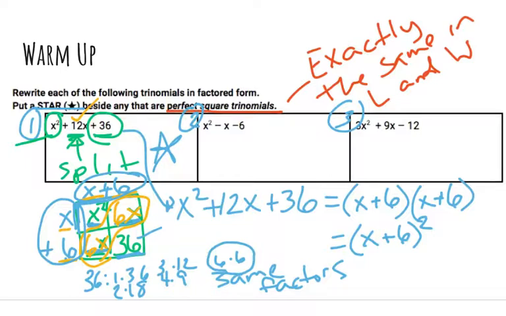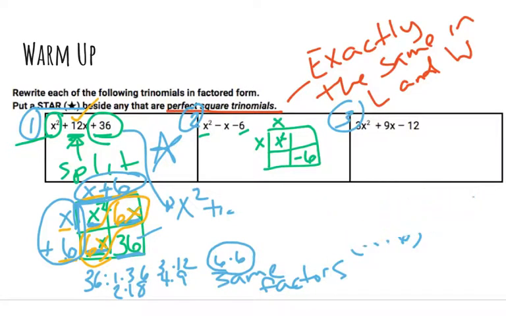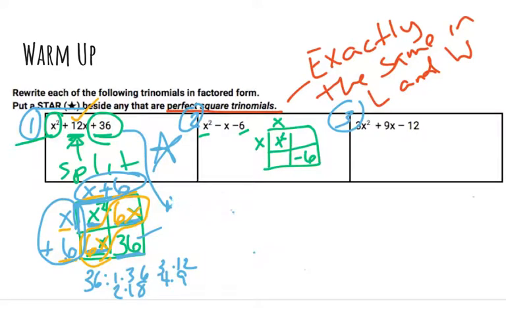Okay, so now let's look at the other two. I'm just going to write those a little bit smaller. So here, again, I'm going to start with my first and my last term. So I say x squared goes first and negative 6 goes next. So x squared is a product of x times x. So far, I got a square. Now, negative 6, let me erase a little bit below it. Okay. All right, so negative 6